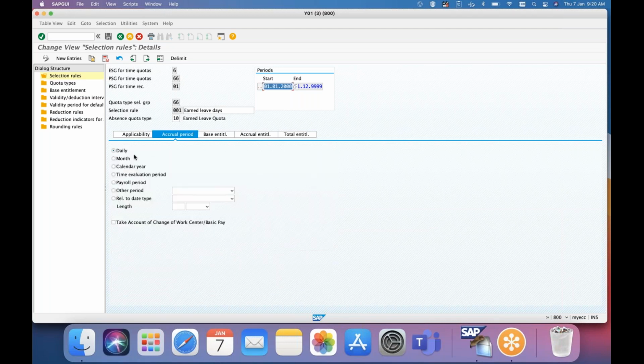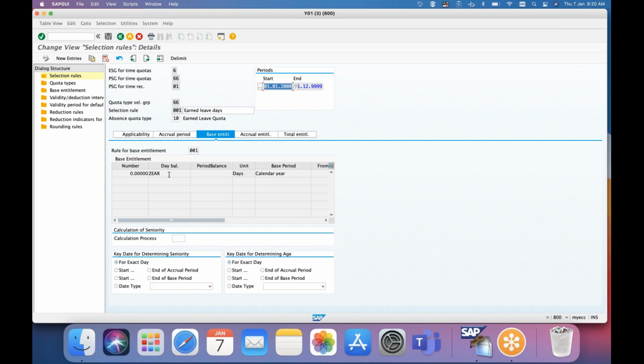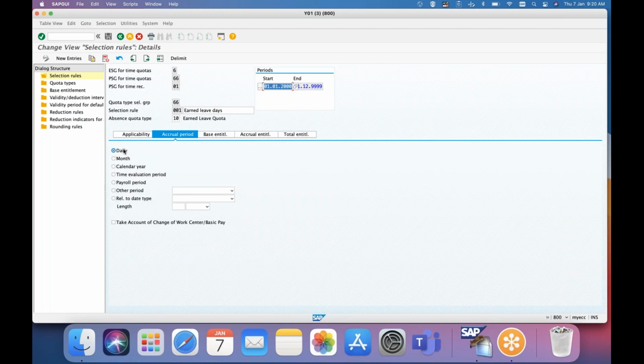So in the actual period, here we will put daily, because within the PCR will control, like as I said, the first example, we'll check if it is the last day of the month, then only we will create this time type. So whenever we are creating this time type, on that day it should generate.